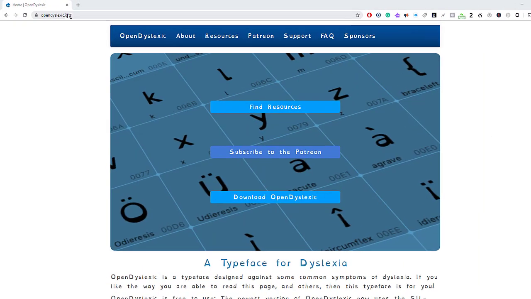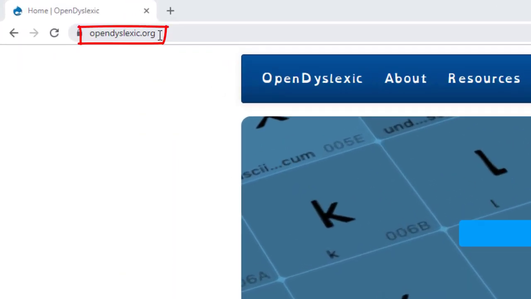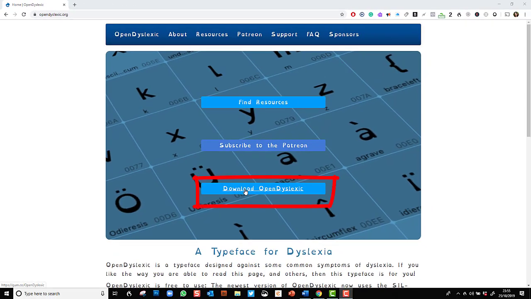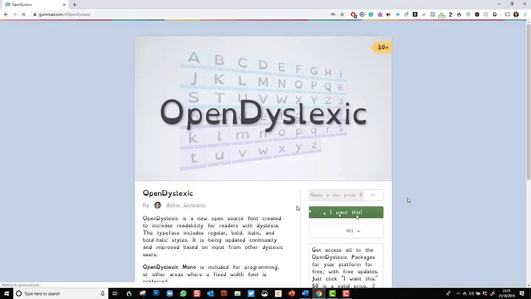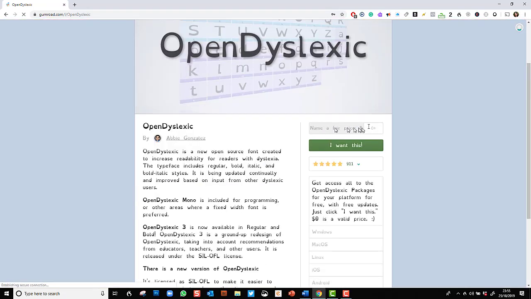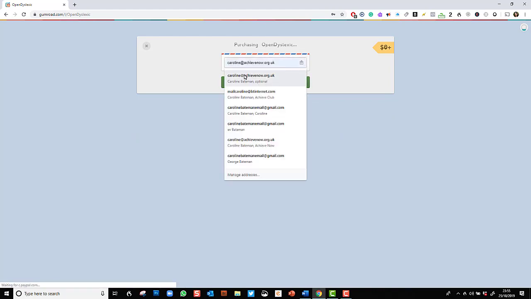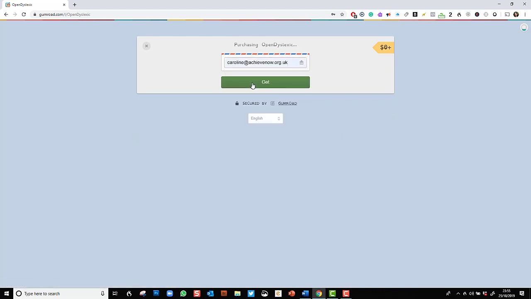Here I'm on opendyslexic.org, and I'll put a link to this in the description below, and I just need to take the option download Open Dyslexic. And what we see here, it asks you to put in a fair price, and I have already given a fair price, so I'm just going to say 0, and it will let you put in 0 as a fair price. And you say you want this, and you have to input your email address, and I'm going to say get,